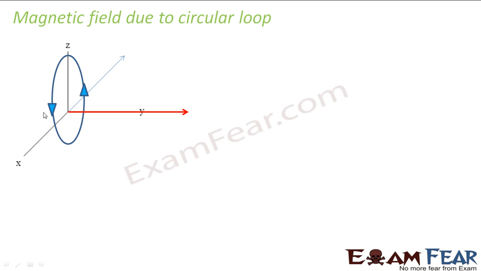So now let us suppose we have a circular loop, as you can see here, this blue colored loop, which is in the XZ plane, okay? And we have to find out the magnetic field due to this current carrying loop at some point. Let us call this point P, which is located at a distance x from the center of the loop on the y-axis. That means this point P is not lying on the plane of the circular loop. The circular loop is in the XZ plane and you have this point P on the y-axis, right?